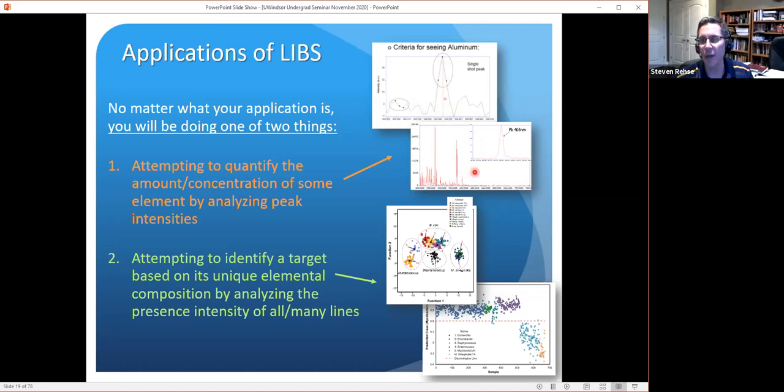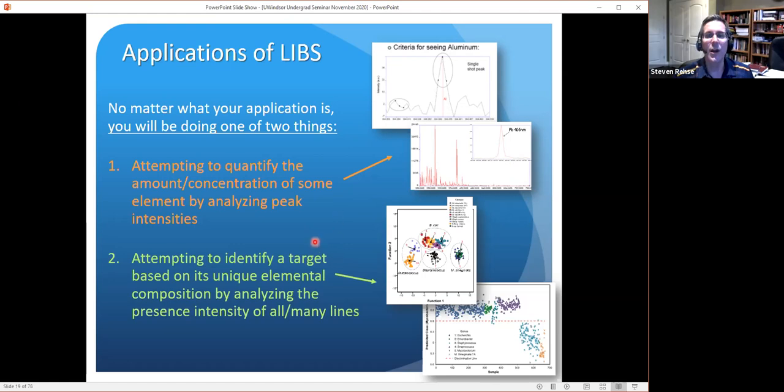This is a study done when I was at Wayne State, where we were looking at lead collected from the dirt on the side of the road. The United States used leaded gasoline for decades and decades. So it turns out that all the dirt, this is just a dirt sample taken right off of I-75, is still contaminated with lead, because this literally came off the side of the road, and our technique can determine the lead presence in it. So there you go. So you're either doing that,